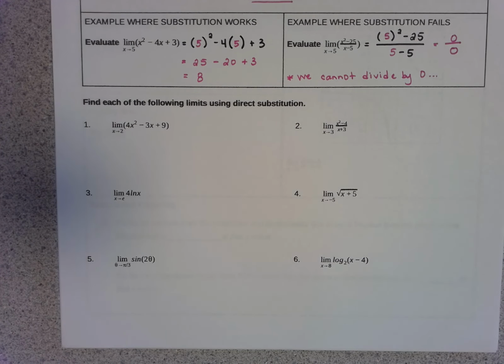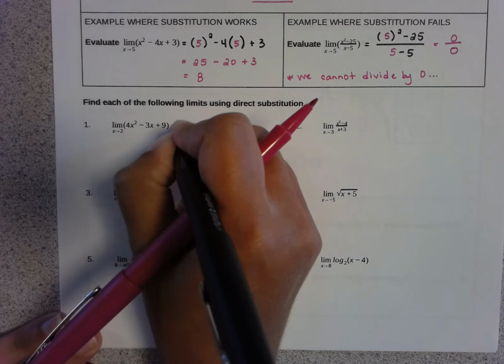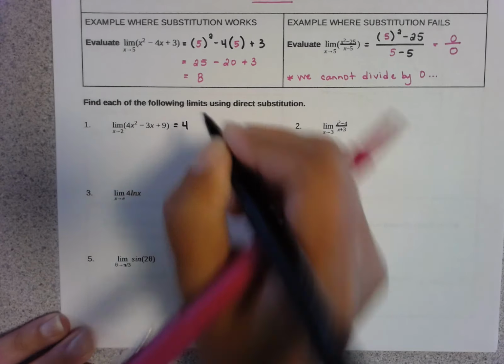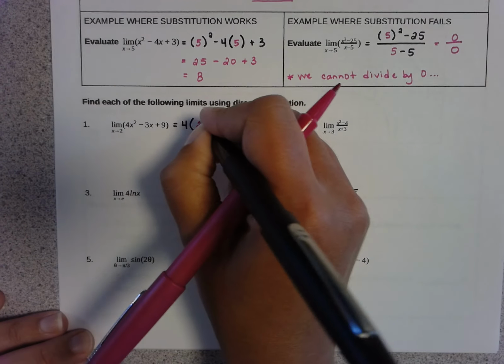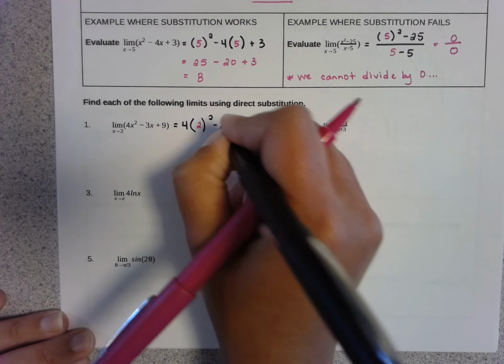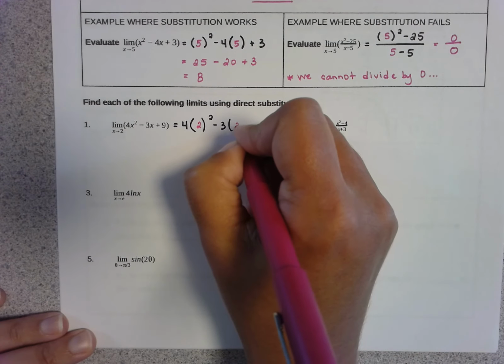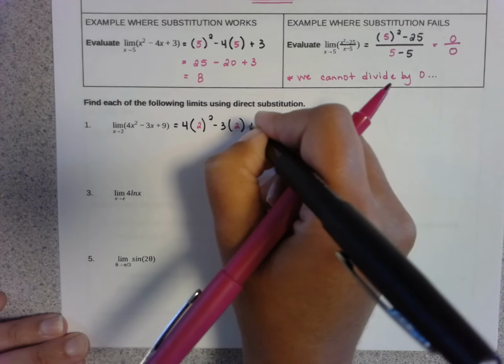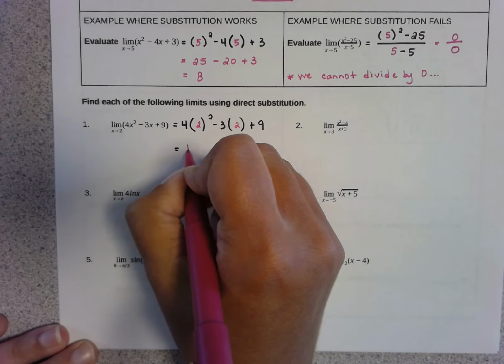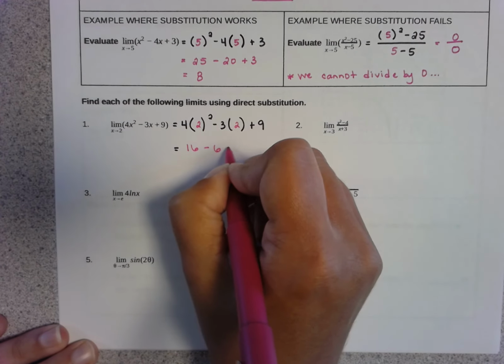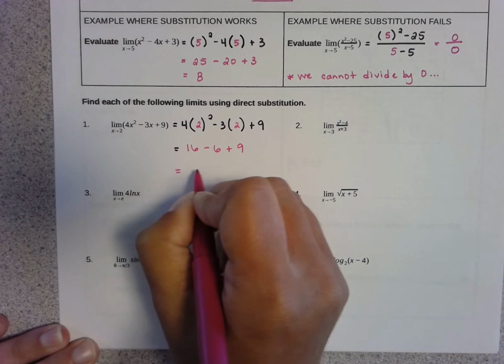So for problem number 1, in order to find the limit as x approaches 2 of 4x squared minus 3x plus 9, we're going to go ahead and just plug in the number 2. So we would have 4 times 2 squared minus 3 times 2 plus 9. Now, when we evaluate that, we're going to get 4 times 4, which is 16, minus 3 times 2 is 6, plus 9, which means we get 10 plus 9, which is 19, and that would be the